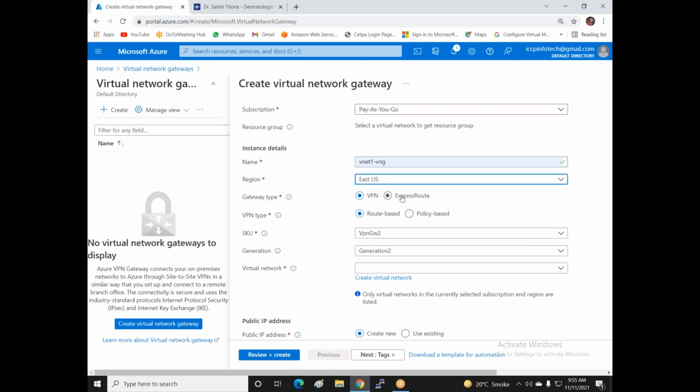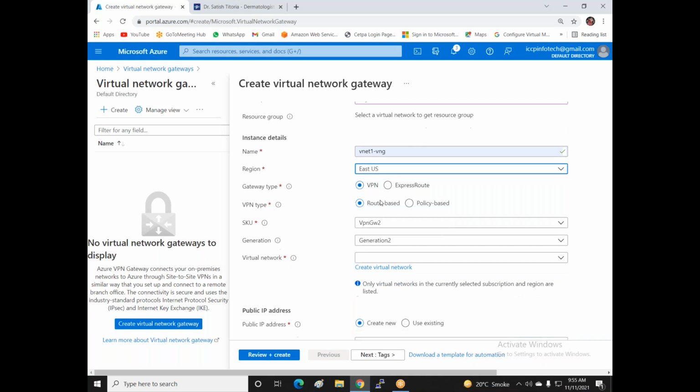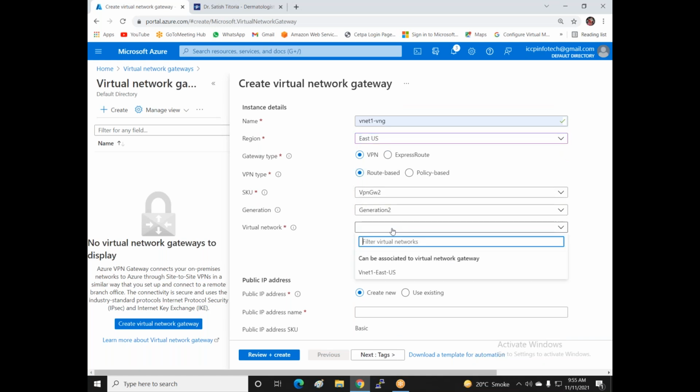You can provide communication between two different regions via ExpressRoute, which is like a dedicated route for Azure. But now I'm using a VPN. So I'm using the VPN and click on VNet one East US.